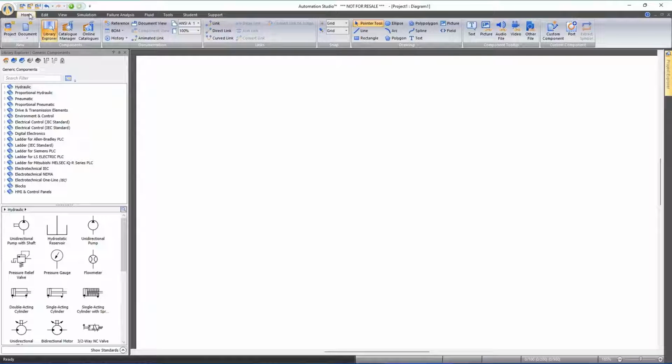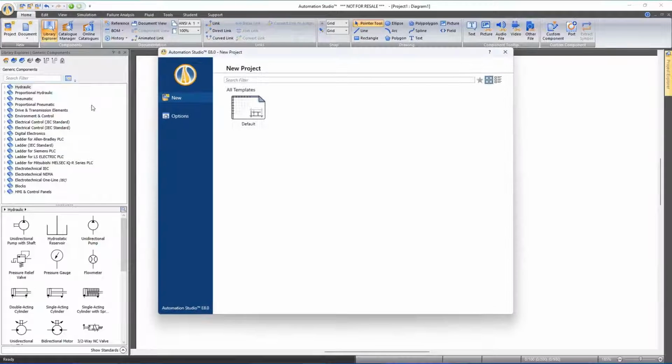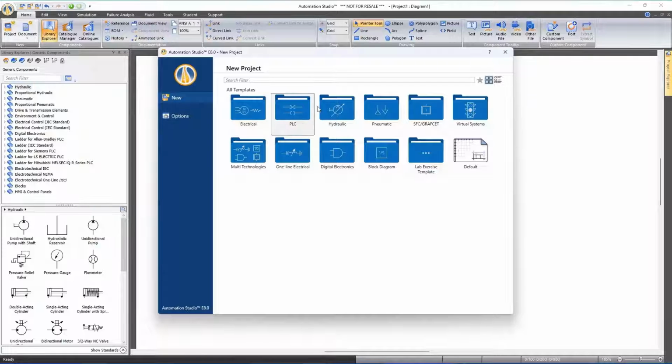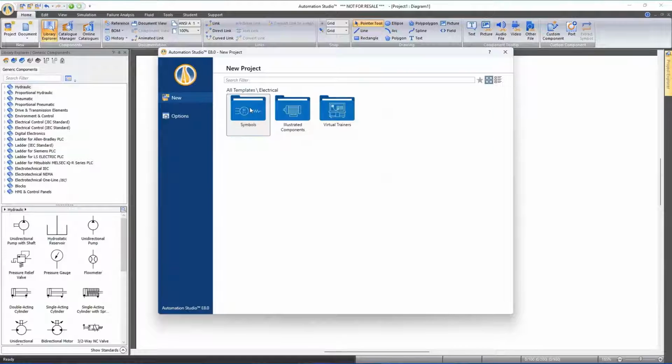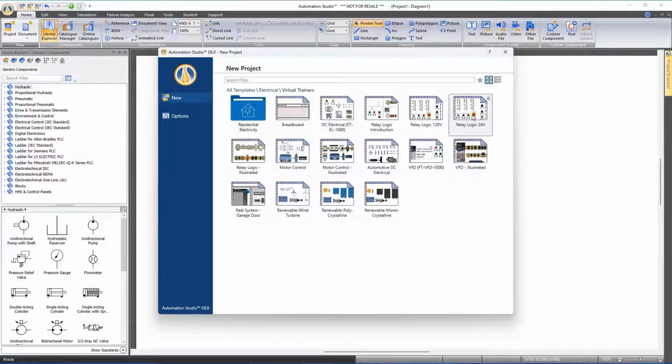So when we go here in the software and we do New, we will see this folder that we remember we saw the first time on the welcome screen. And all the virtual trainers are accessible: you click here, Electrical, you see Virtual Trainers. And here they are, okay? So let's open one just to show you how it works. Then I'm going to show you a Word document in which I have all the virtual trainers, to show you which ones are available. So if I open, for example, this Relay Logic here,